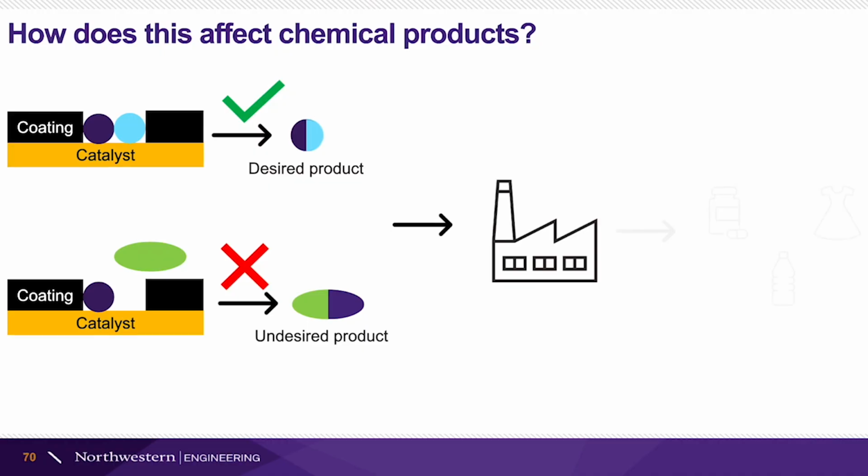So doing this, I'm hoping we can cut down on the amount of energy required to go through those separation steps by preventing so many unwanted byproducts from forming. Therefore, we can make the chemical industry a little bit greener, as well as the products that come out of the chemical industry. So I hope this has given you a little bit of context as to where all these chemical products come from,